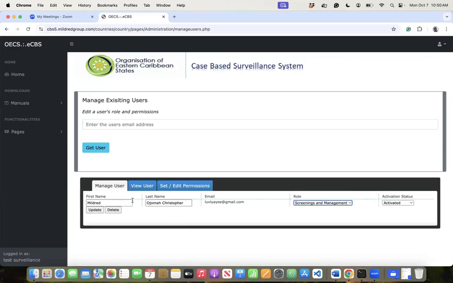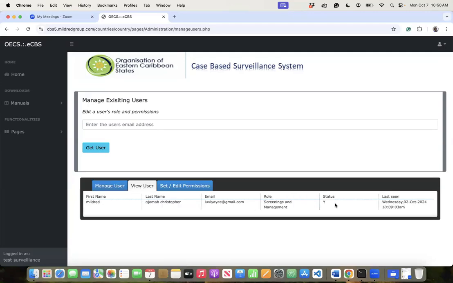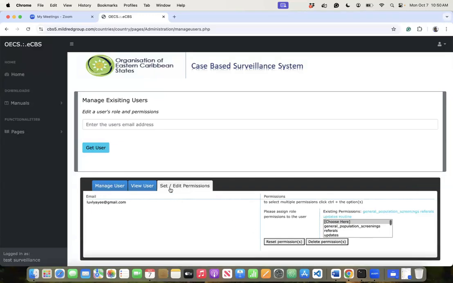Okay. So one thing to notice when you change things, like on the first tab, I have manage users and I update this. Now take note that I can view the user, see that the person is activated and see last seen. Now when most of you send an email that you cannot log in, this is what I check and see, but you've activated your account because you successfully logged in at some point, which means that you have just forgotten your password. It's not like you didn't activate. When the status is N, that means they never clicked on any activation link and they have never logged on before. So you will see all of the information here,